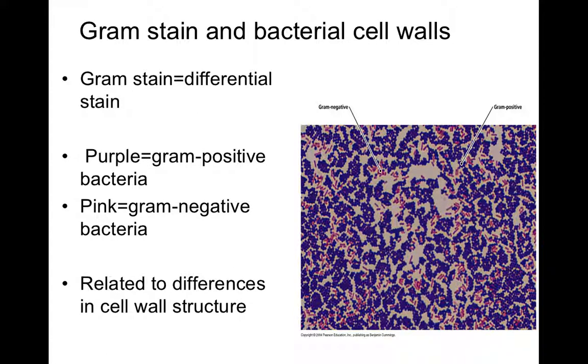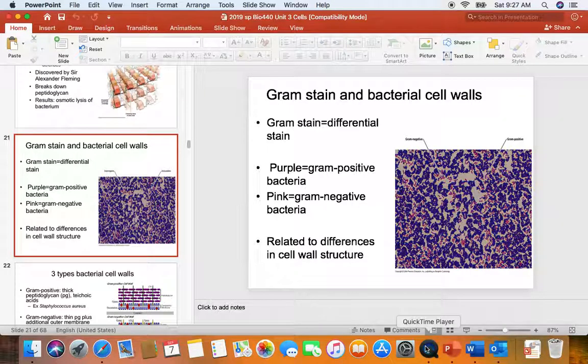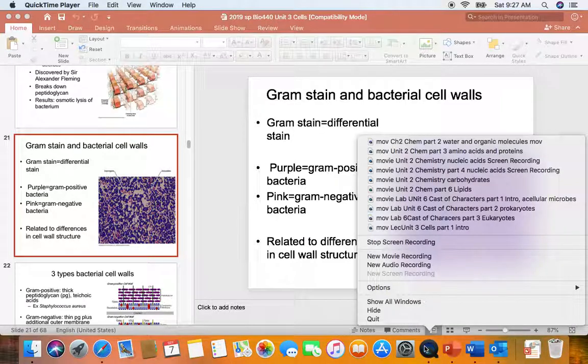So, folks, I'm going to stop here. This will be the end of part 2. And this really just focused on cell membranes and bacterial cell walls, the antibiotics that can cause damage to the bacteria through inhibiting proper synthesis of peptidoglycan. And the next part, part 3, will be on gram stains and bacterial cell walls. And this is a big unit. So I'll stop this here and we can take a break and we'll start part